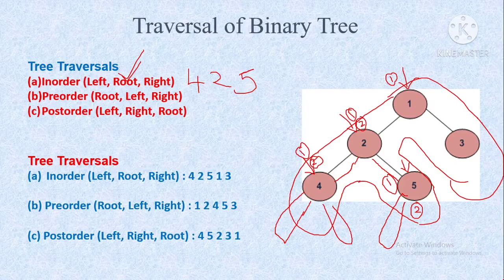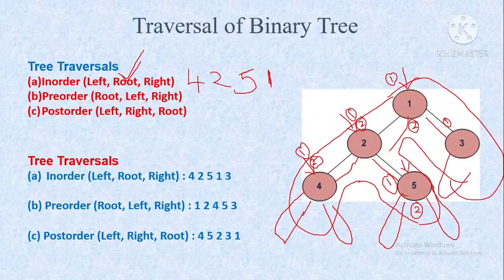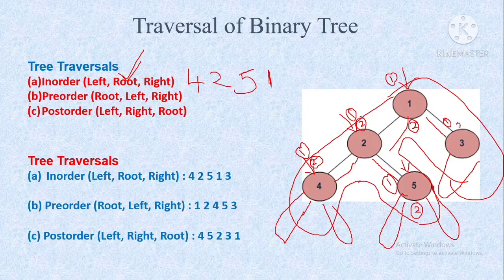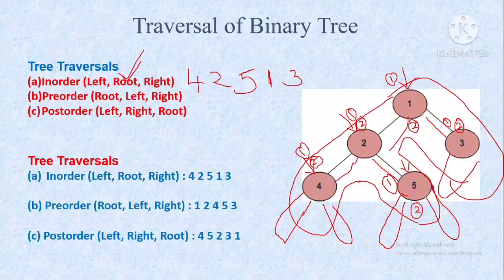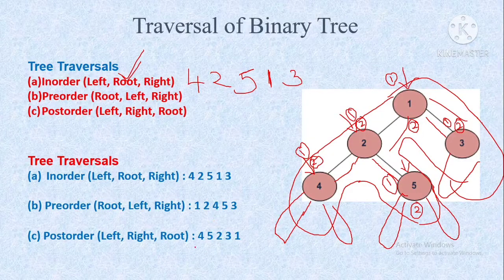Whether it is having a subtree or not, you just consider it is having a subtree. After that you will visit the right subtree, and then you will go to this root node. Now this is the second time you are visiting this root node, then you can write this node. Then you are visiting 3, first time you are visiting, you will not write it, you will imagine you are having a left subtree. So second time when you visit this particular node, then you will write, then you go back to this root node. So this is an inorder traversal.